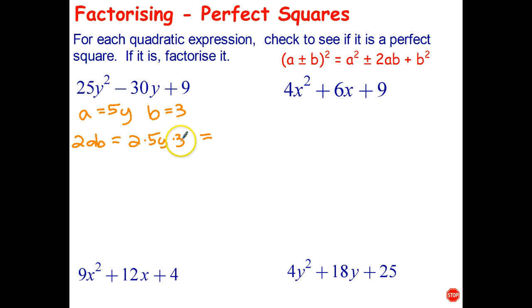Well, 2 times 3 is 6, 6 times 5 is 30, so 2ab is 30y, and it fits the pattern. And that means, therefore, that can be written as a